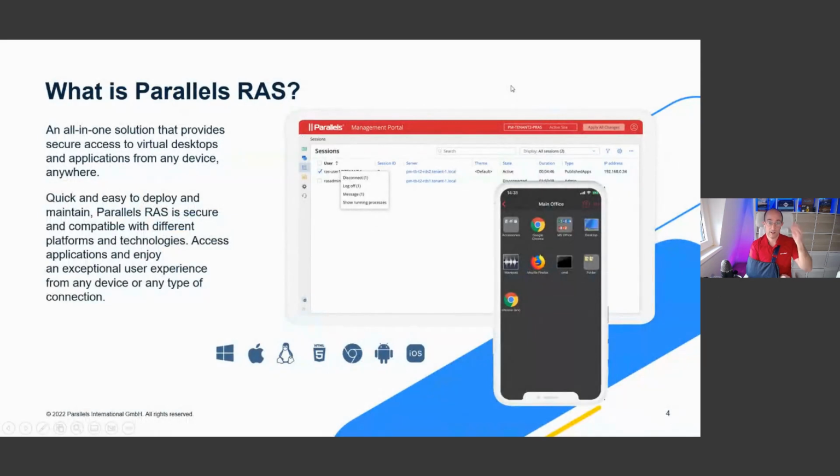So Parallels RAS, of course, is the topic of today and how that integrates with that MSIX app attach technology. Real brief, if you're not familiar, it is our all-in-one solution that allows you to publish applications and desktops to an end user using any device and at any location. So we are looking at delivering the best user experience across all kinds of different client platforms. So we have a native client for all of the platforms that you see on this slide here. That is Windows, iOS, Mac OS, Chrome, etc. And also making it easy for the administrator to manage and maintain such end-user computing, RDS, AVD, all kinds of